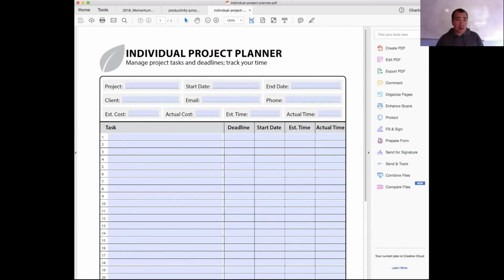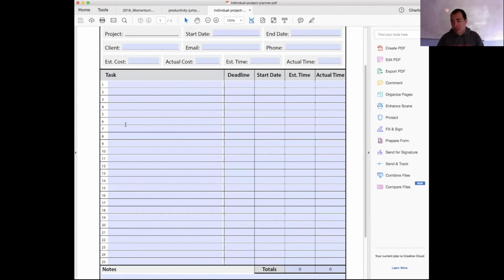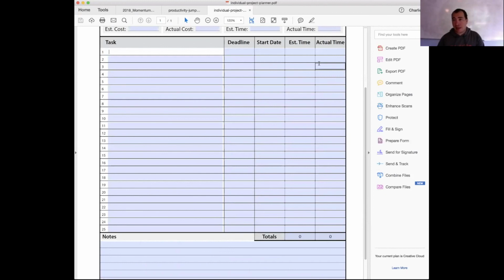Okay. So I'm going to share my screen real quick. Let me move this chat window out of the way. So, individual project planner. The jobs to be done for this one is what it says on the tin, right? It helps you plan individual projects. And so this is a great tool. It's much like the action item catcher, right? If you don't already have Asana or a project management tool or to-do list manager, this is what this does for you. So you can put the project, all these different types of things. And then you put the actual task, deadline, start date, estimated time, actual time.